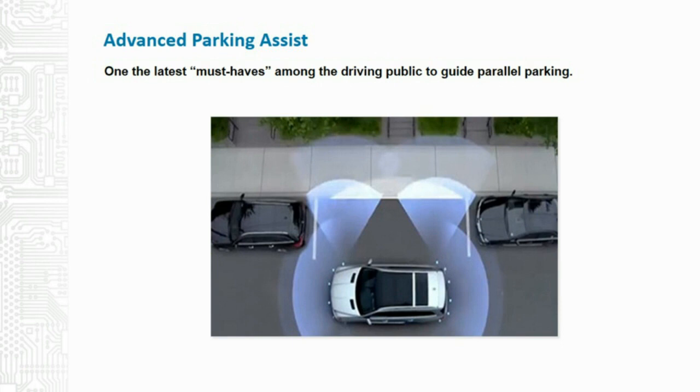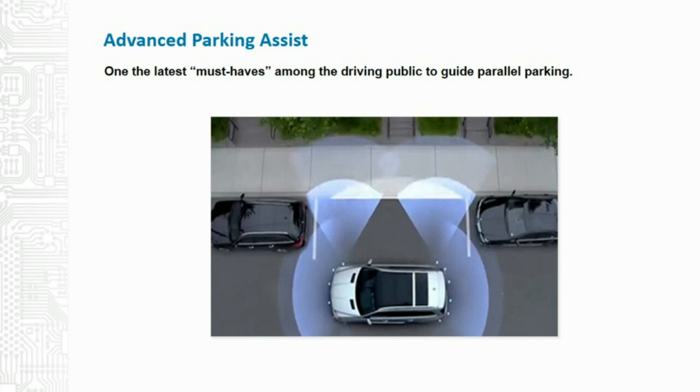Let's talk about another safety measure that some of you may be familiar with, and that's parking assist or advanced parking assist. Again, the lane markings are determined, and the target parking position of the vehicle for parallel parking is determined. Sensors monitor the size of the potential parking space as you drive by, and in some cases they will alert you when a good fit has been located. Usually the alert is an arrow on the dashboard telling you to look to your right or left, there is a potential parking space.